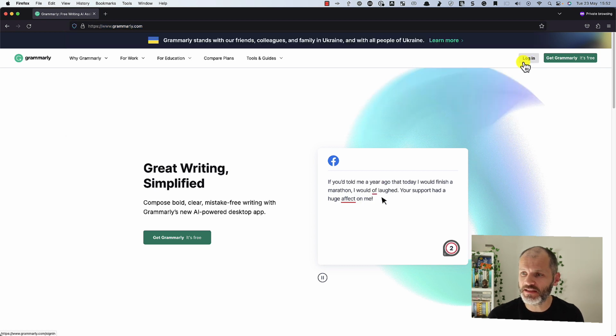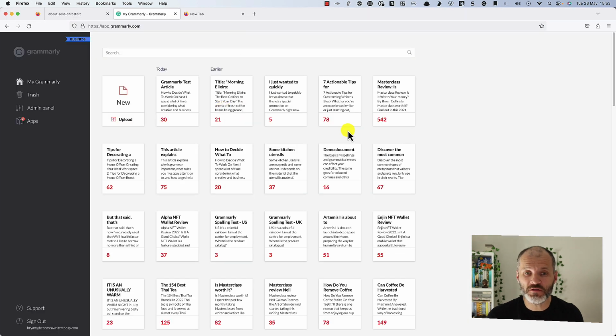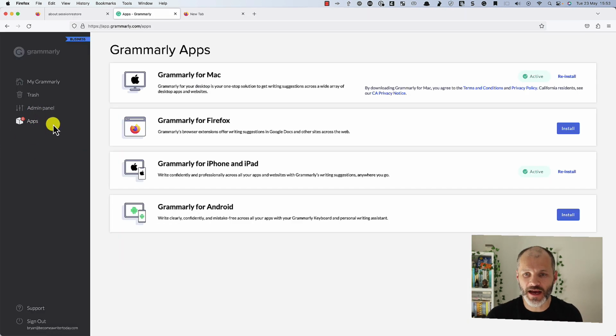Your next step is to log into Grammarly or your Grammarly web account, or if you haven't set up your Grammarly account, just click on Get Grammarly, it's free, and put in your best email address. Once you've done that, you're going to log into the web app, then you're going to click on Apps, and